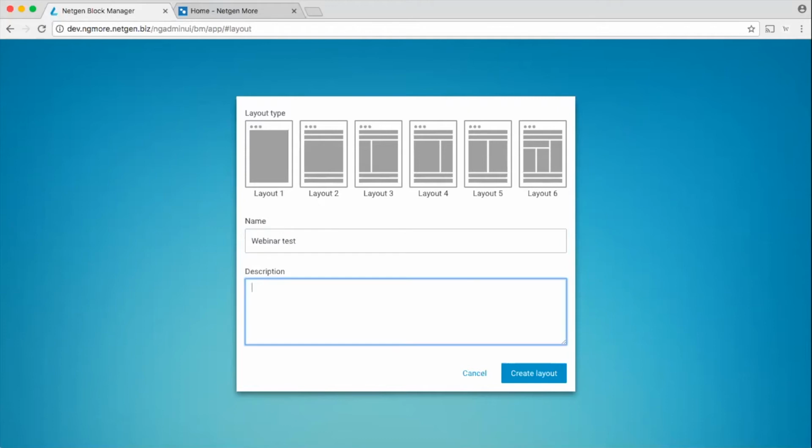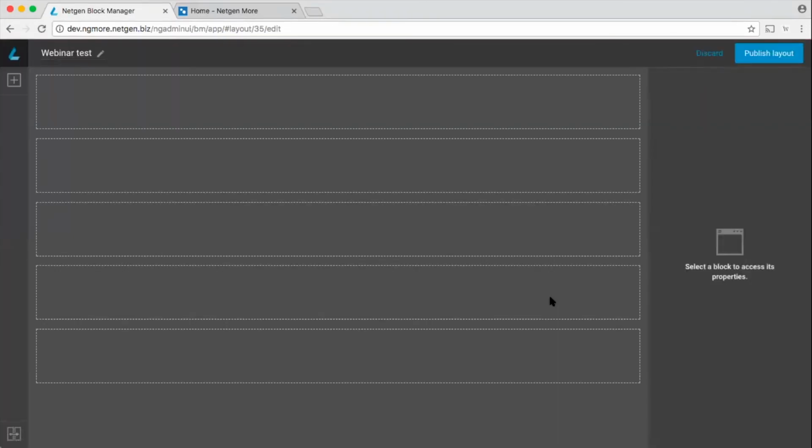So I can add a name and maybe some description. And this is a very common thing to do, lorem ipsum. And I need to select a layout. So for example, I can do this one. And when I click on create a layout, I go into this mode of managing the blocks on a certain layout. And here you see those placeholders